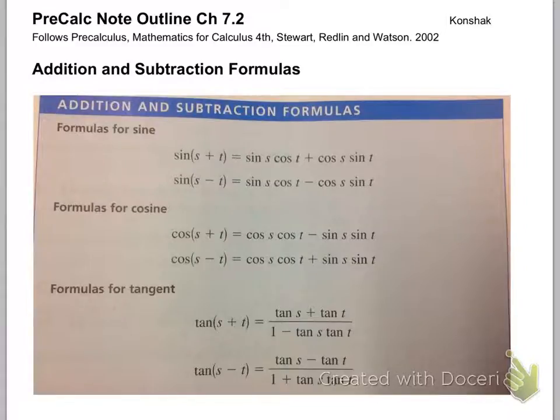And then, if there's a difference or subtraction, it's sine S cosine T minus cosine S sine T. It's the same sign, sorry. Sine keeps the sign. That's what I'm trying to say. So if you're adding the angles,